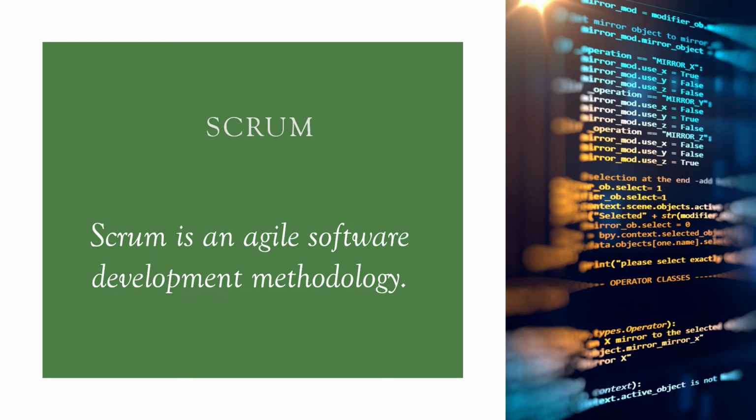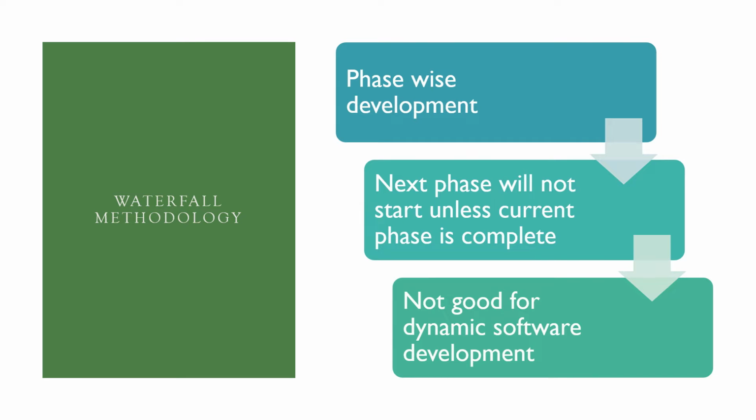In order to understand what is Scrum in the context of software development, we first need to understand that it's basically an agile software development methodology. Now, I'm not going to expand this definition a lot because that will create confusion. So, you might ask, why do we need Scrum? Or if Scrum is new, we have been building software for so long now, what were we doing earlier? So earlier we were using waterfall methodology. It's a phase-wise development, where everything will happen in phases.